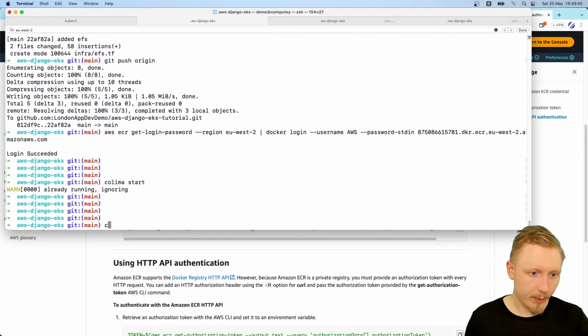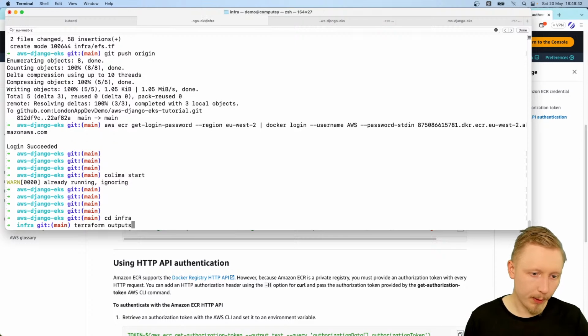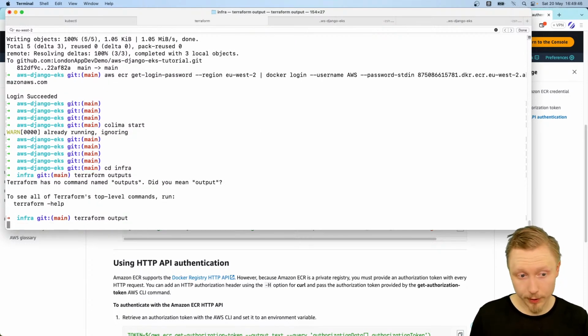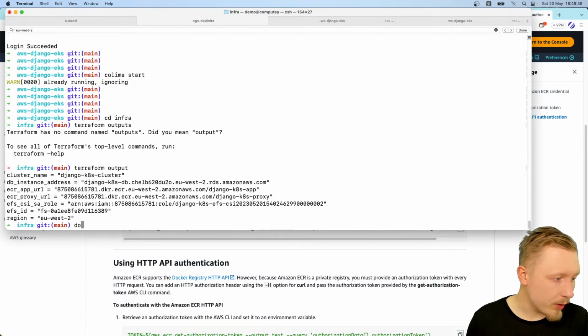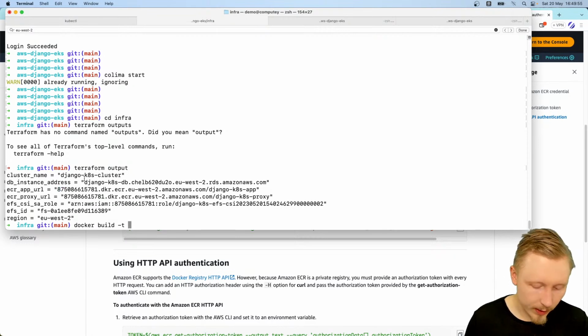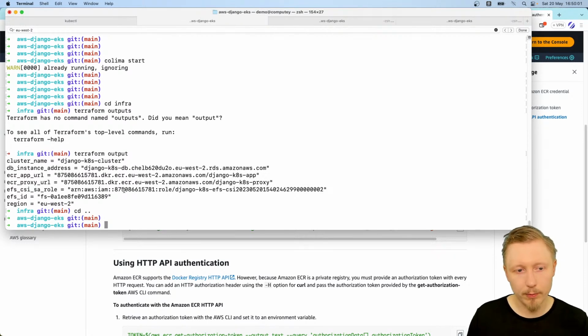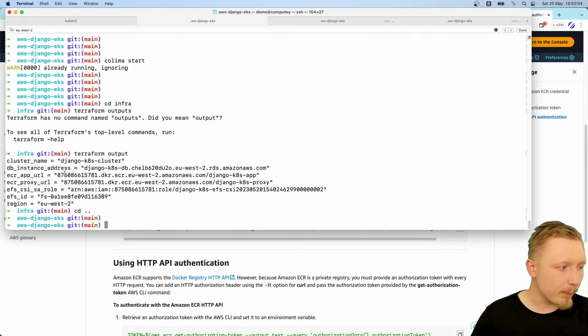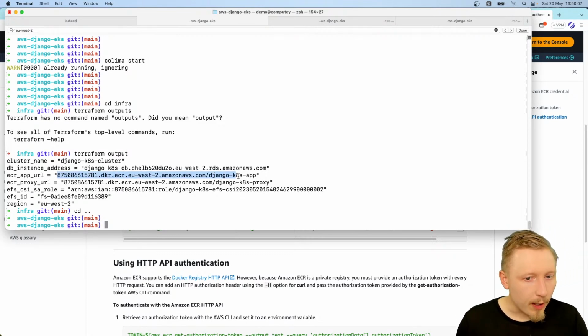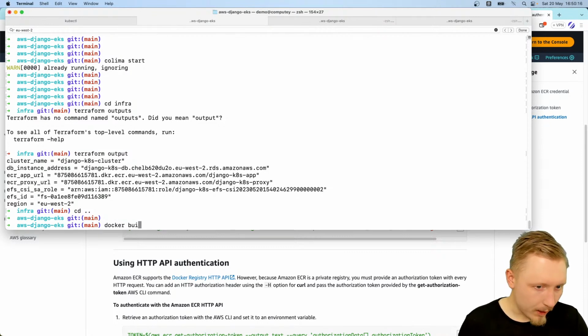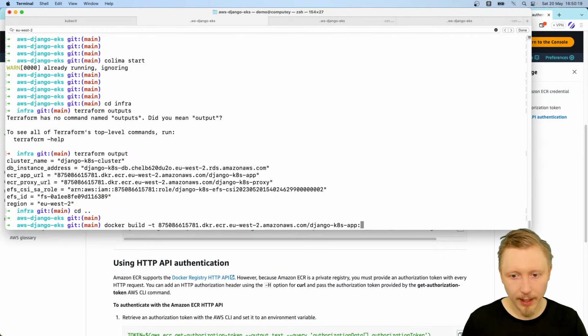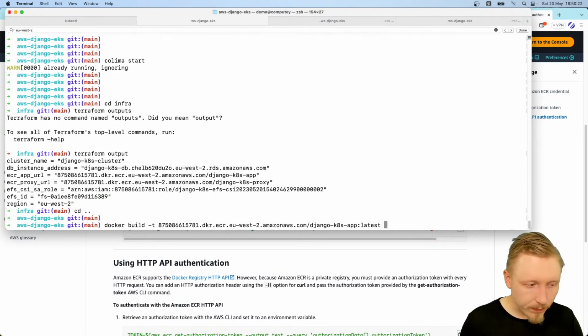So if we go to infra again and do terraform output to get the outputs, we do docker build -t, and then the name of our repo for our app. I'm going to go into the root of the project. We need to be in the root of the project for this because we need to build our image and push it up to ECR. So I'm going to copy the ECR app URL for the app, and we'll do docker build -t, paste, and then :latest for the latest tag. And then we need to do